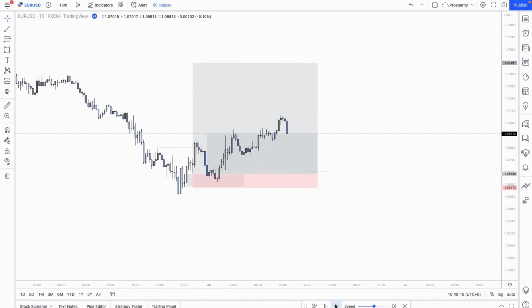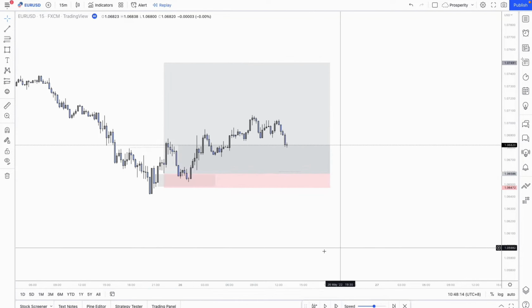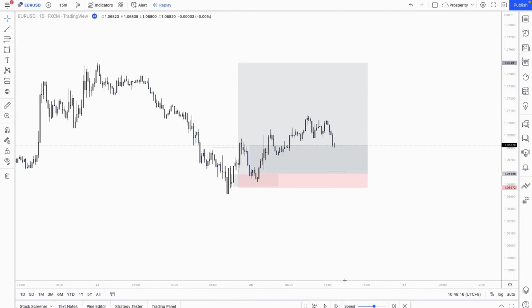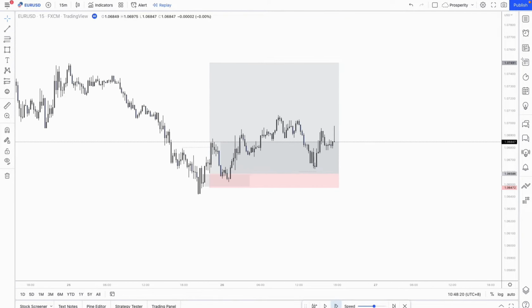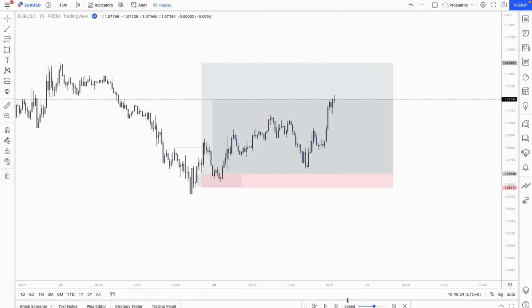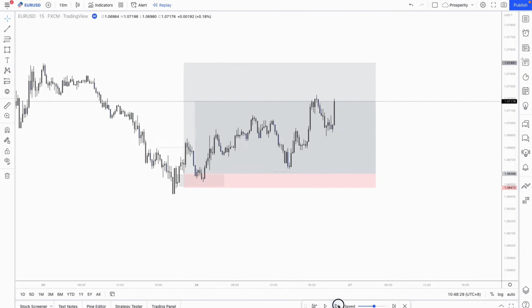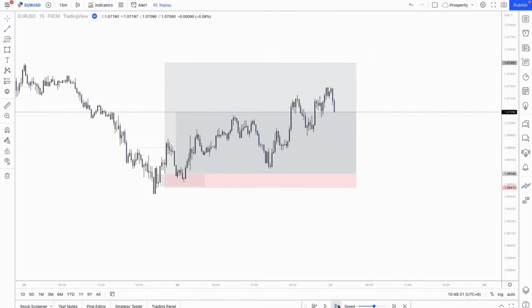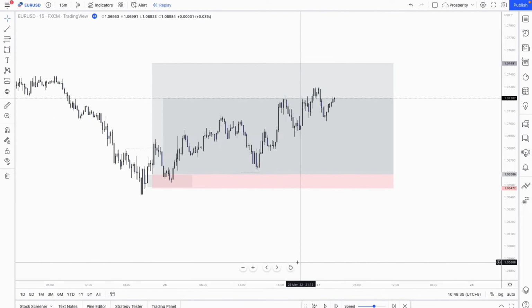There is no longer a need to have that level of price mapped out, right? There just isn't a need. Why? Because it's already completed its job. So we don't take trades out of levels that have already completed their job. We take trades out of levels that are essentially yet to complete their job. A perfect example of this,